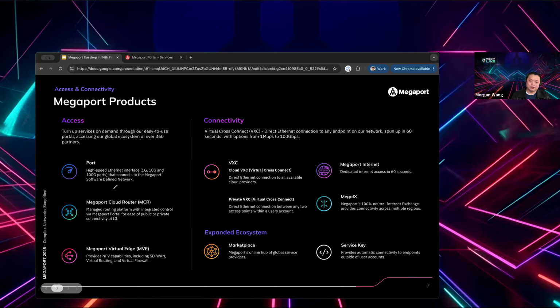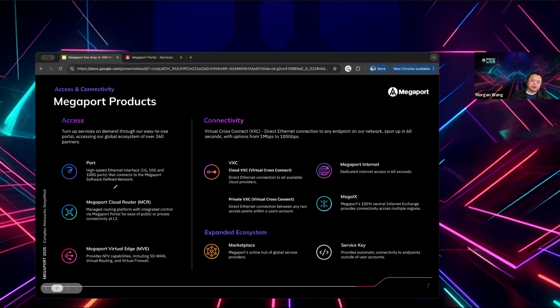The other thing is Megaport Internet. We do provide internet to our customers now, and there are a lot of things to talk about Megaport Internet. It's probably worth a separate dedicated session for the internet.